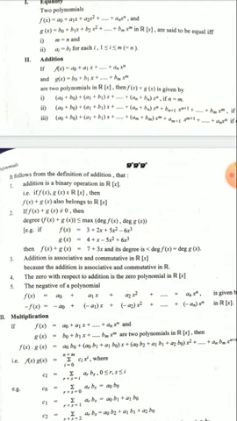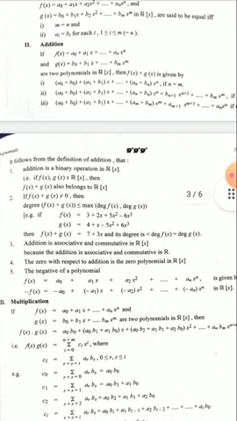That is, if f of x is equal to 3 plus 2x plus 5x square minus 6x cube and g of x is equal to 4 plus x minus 5x square plus 6x cube, then f of x plus g of x is equal to 7 plus 3x and its degree is less than degree of f of x and less than degree of g of x. So addition is associative and commutative in R of x. Okay, because the addition is associative and commutative in R,